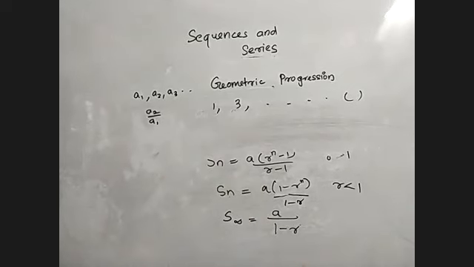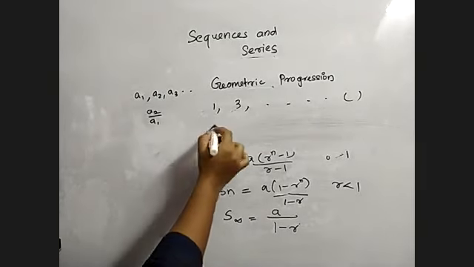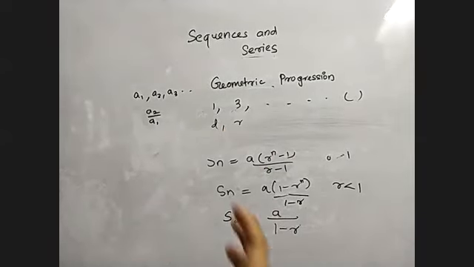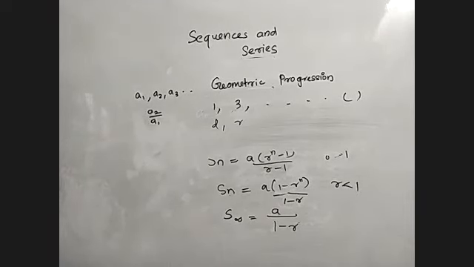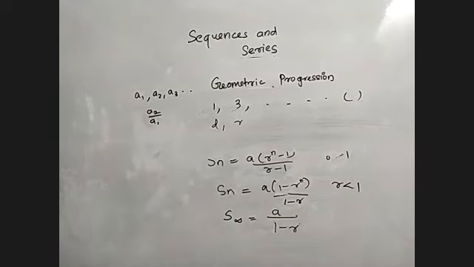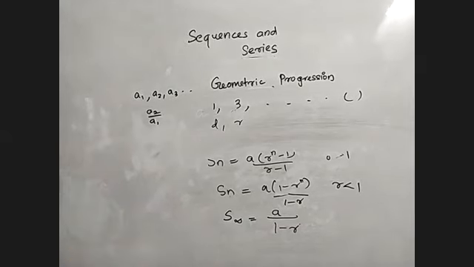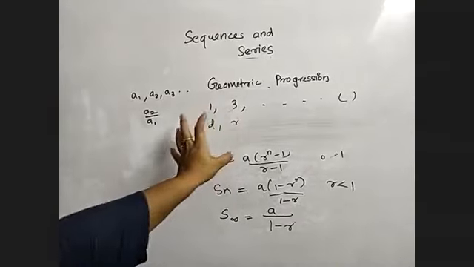Or they'll give some information for you to find the common difference or common ratio. They'll say the eighth term of this arithmetic sequence is this one, and its fifth term is this one. Find the arithmetic sequence. If they ask like this, they have already said it's an arithmetic sequence and you are given two conditions to form two equations. Then you can get d, the common difference. Understood? Yes, ma'am.